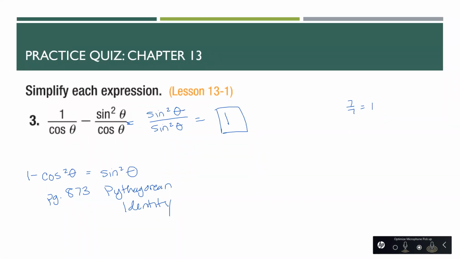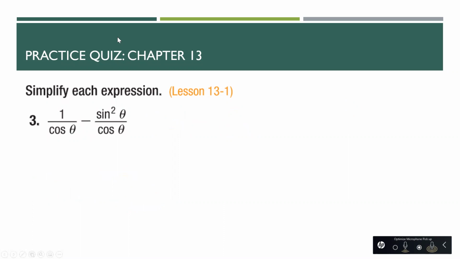All right, so next problem says 1 over cosine theta minus sine squared of theta over cosine of theta, okay? So here we are subtracting two fractions with the same denominator, okay? So the denominator is going to be the same, and we would subtract the numerators. So we have 1 minus sine squared of theta, okay? All right, so then 1 minus sine squared of theta is equal to cosine squared of theta,